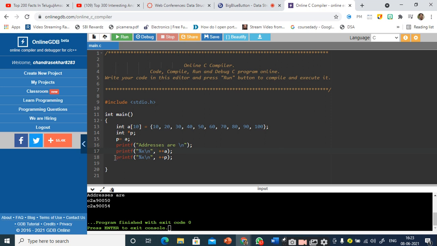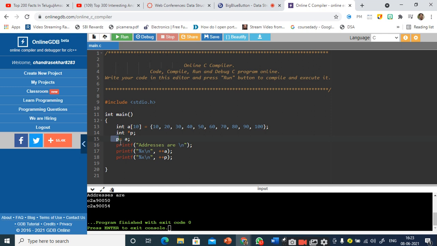But is plus plus P the correct statement or not? Yes, sir, it is a correct statement. Why? Because I am taking a pointer and assigning the base address of the array A to P, so you have a pointer to the first location.